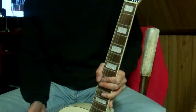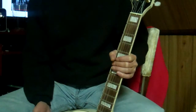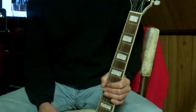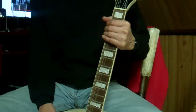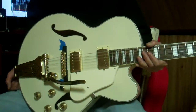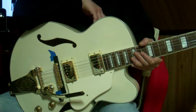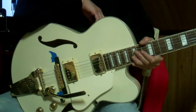Not that I have a lot of experience with owning other guitars, but having tried out, for example, an Epiphone. I tried an Epiphone 335 copy for $700-800, and personally, I don't think it's worth the expense. Retail, this guitar goes around $530 or something like that. I got it on sale at a great discount, so that made it even sweeter for me. So that's my take on the Ibanez